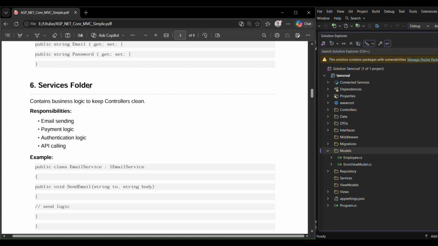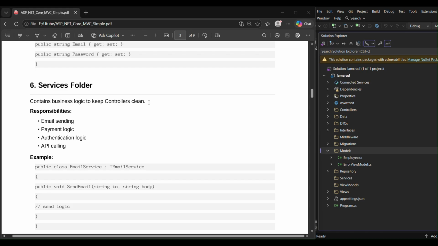Now move to the Services folder. The Services folder contains business logic to keep the controller clean. Like if you want to create a repository pattern, it means you want to create an abstraction layer between your controller and your database. You don't want to fetch your data directly in the controller.